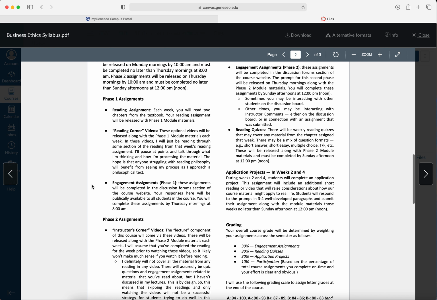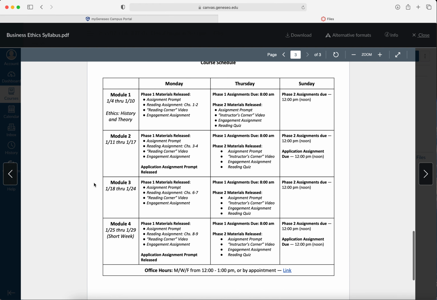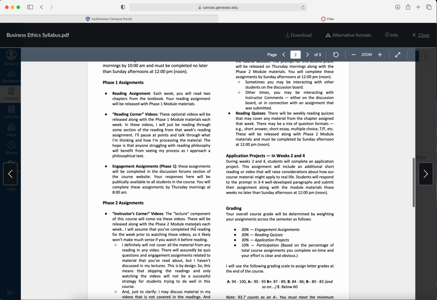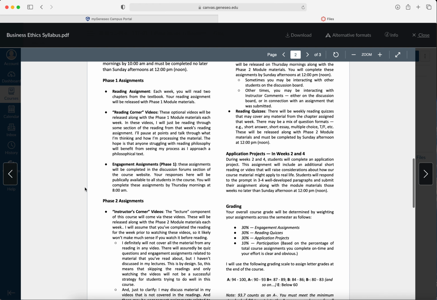On Monday mornings, when a module is released, you'll see a reading assignment. Every week, the reading assignment will be exactly 2 chapters, and they'll come from your textbook every time. So the readings will be consistent in that sense. If you scroll down on the syllabus here, if you're trying to read ahead, you'll see that all of which chapters we're reading each week are already on the syllabus. So you'll know ahead of time what the chapters are going to be, even if you don't know what the specific questions for particular assignments are going to be. So we have a reading assignment each week,